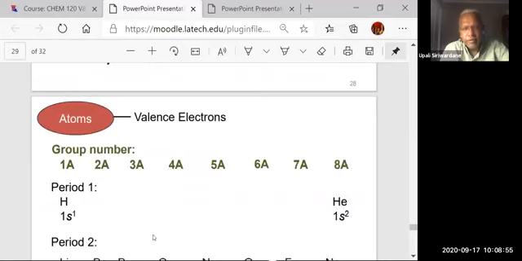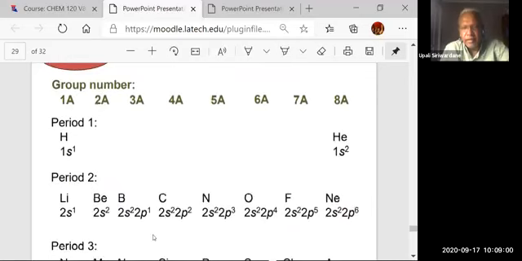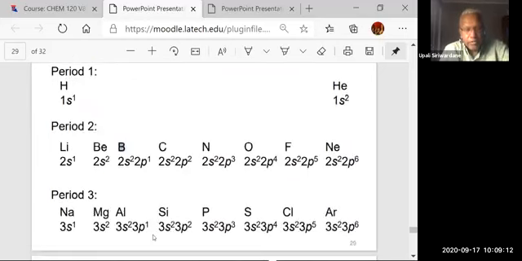So if you look at the representative elements, the A's, this is the electronic configuration of the valence shell. So if you look at that, each group has similar valence shell configuration, except for the third period. So that shows it is important to know the